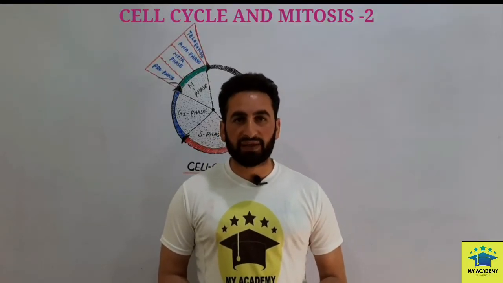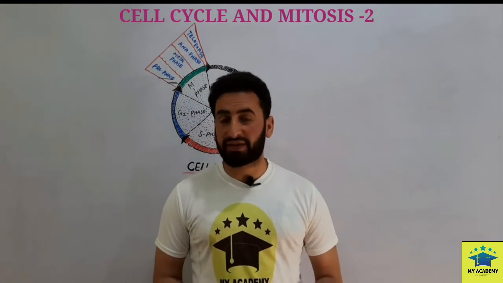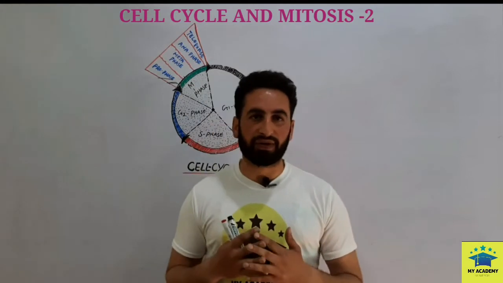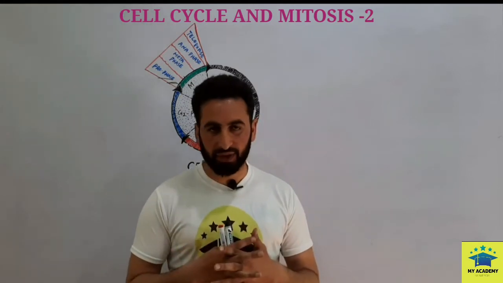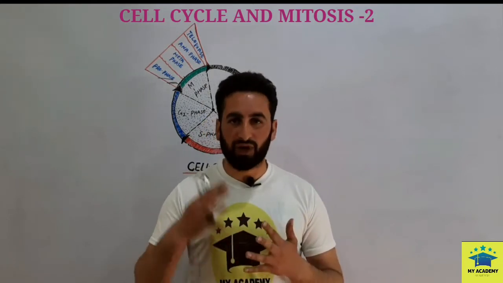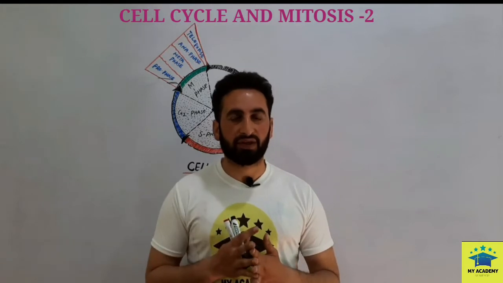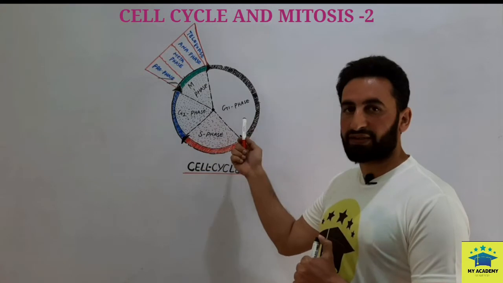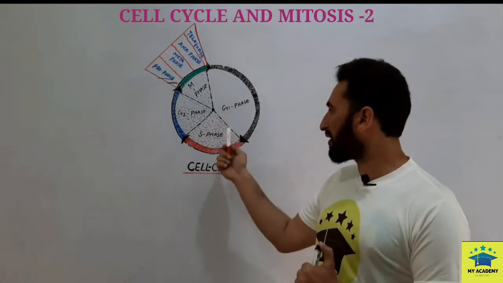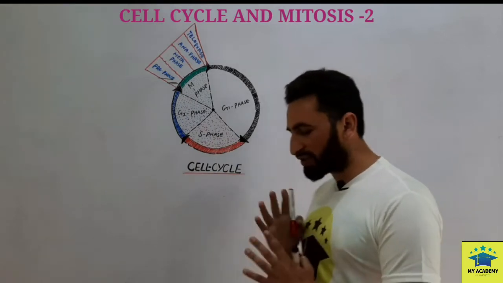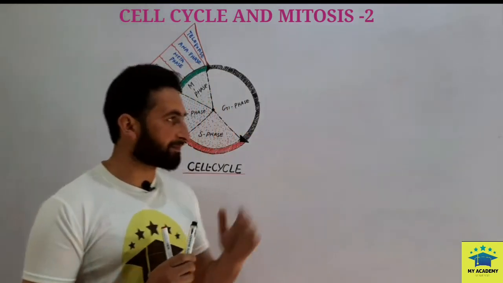Students, this is part 8 of our lecture series, Cell as a Fundamental Unit. In the previous lecture we discussed the cell events and mitosis. Now we are going to discuss the regulation of the cell at different steps: how a cell moves from one phase to the next phase. For example, if the cell is in the G1 phase, how could it drag itself from G1 to S phase and finally into the M phase? We are going to discuss all these events one by one.